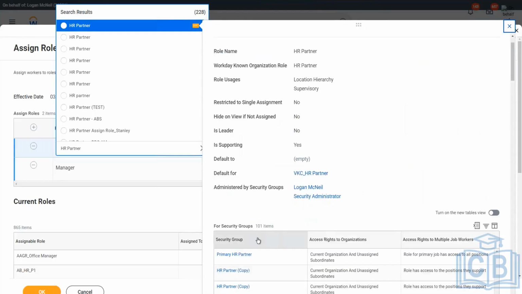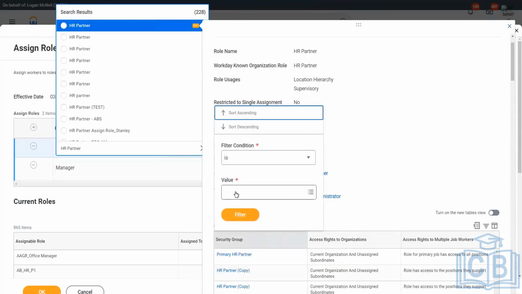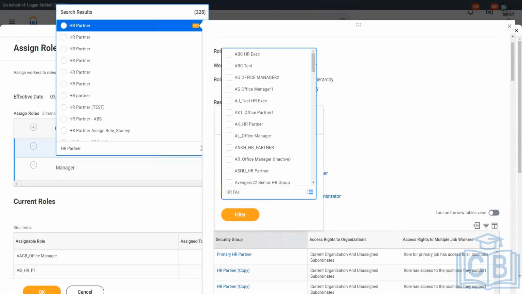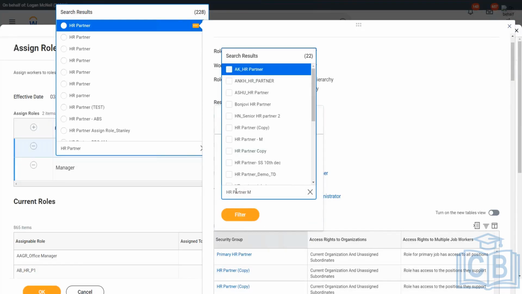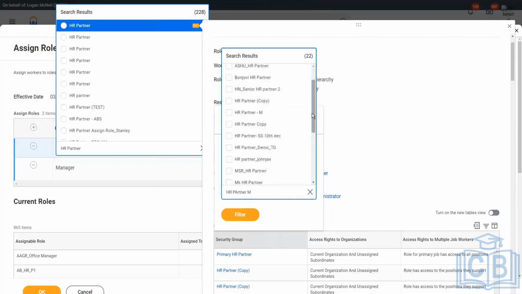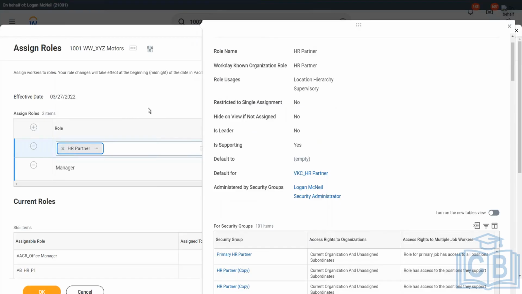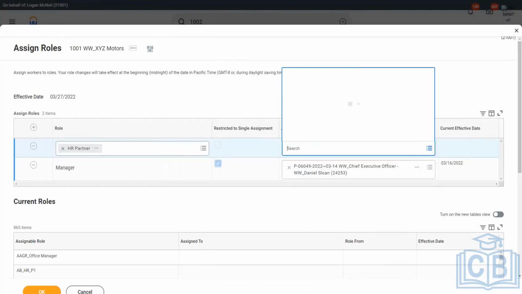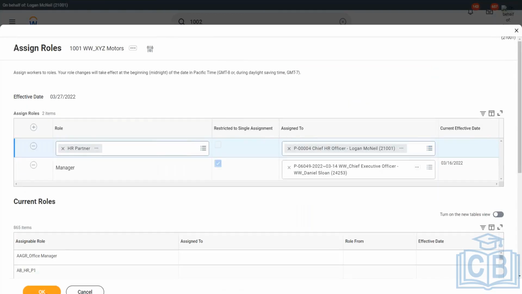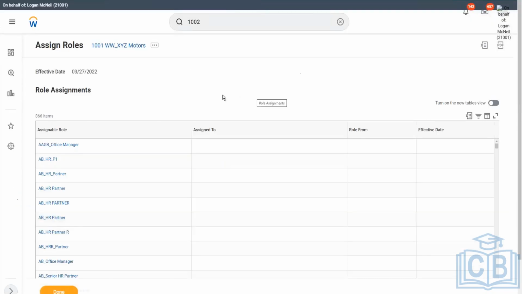This is weird. HR partner, there it is. This is the one I have to use, this HR partner. Let me assign this to Logan. I'm done. My business process is now updated to be able to do compensation and I have also assigned the role of HR partner